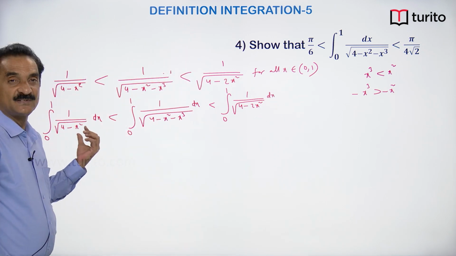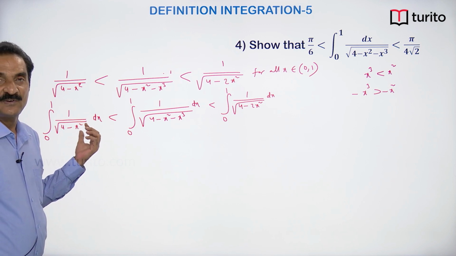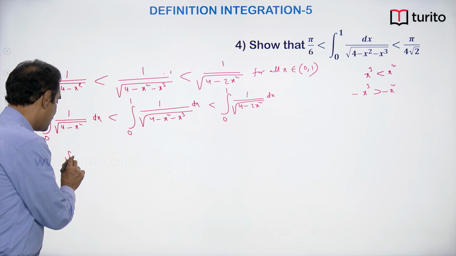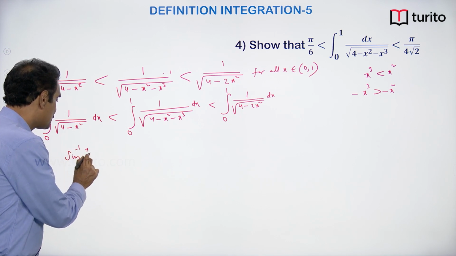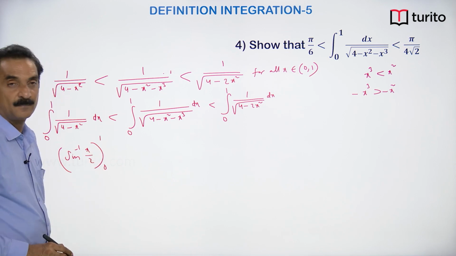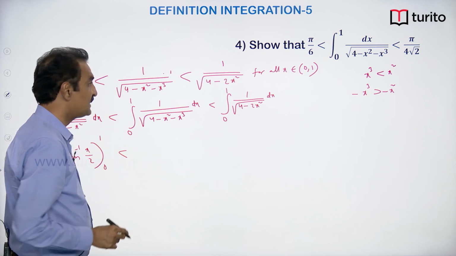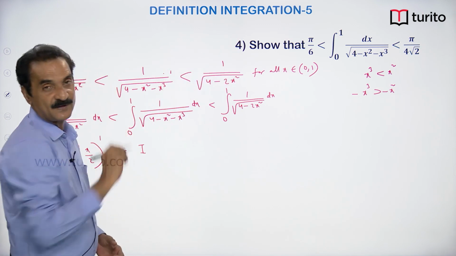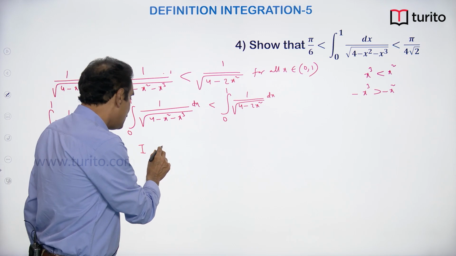What is the integral of this? Integral 1 by root over a square minus x square is sin inverse x by a. Here sin inverse x by a, that is, sin inverse x by 2 between limits 0 and 1, is less than I, taking the middle integral as I, is less than,